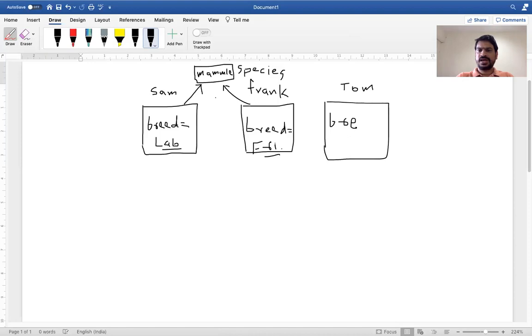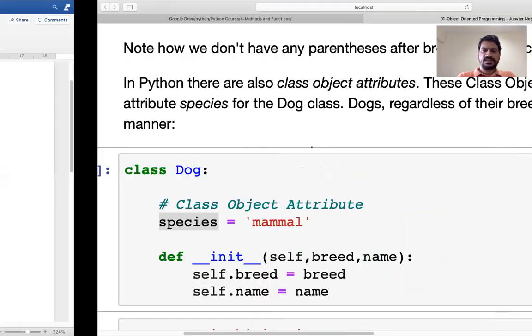Why do we have breed again? Because this particular attribute belongs to the object. But this other attribute doesn't belong to the object. It is called a class attribute, and this class attribute will be shared between all the objects that we create. So let's see the example here.